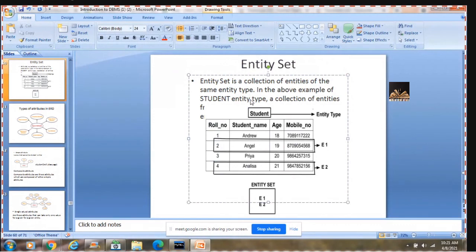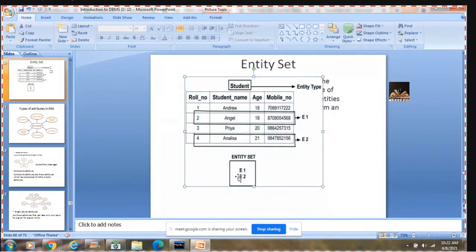In the student table, student is the entity type, and the rows taken over here, with name, age and mobile number, are termed an entity set because they are of similar entity type.